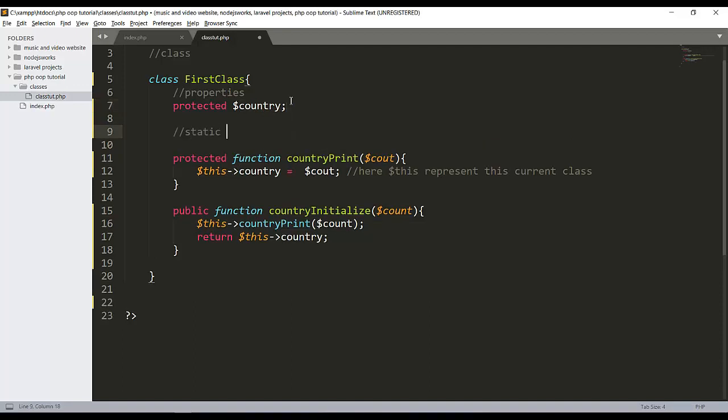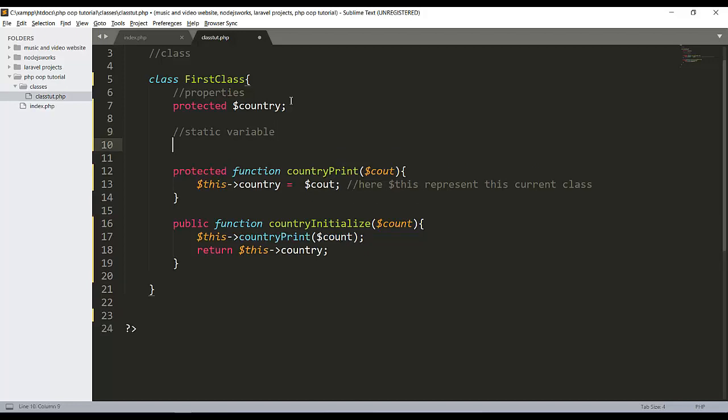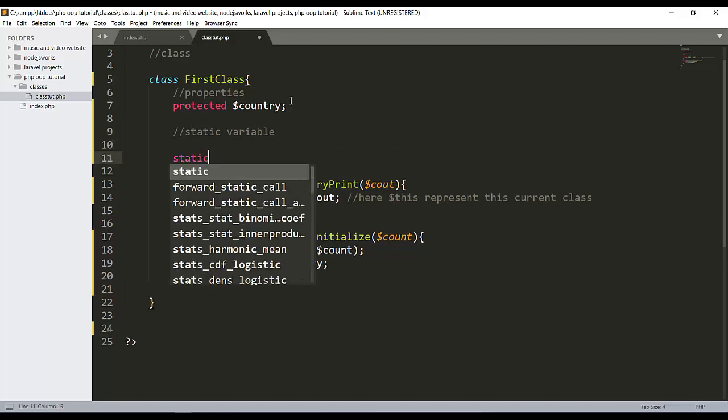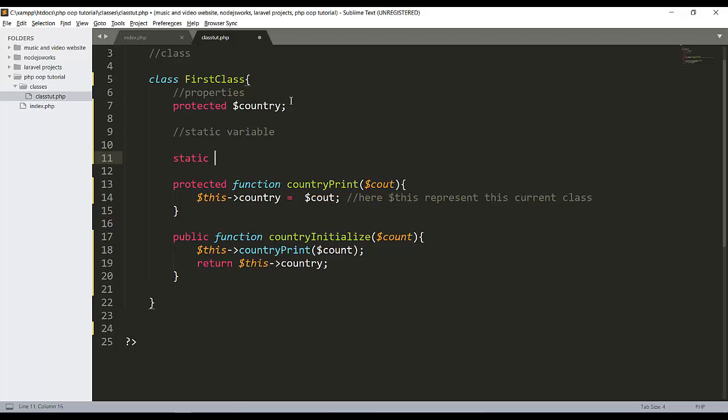So how to define a static variable? Simply write the static keyword, static protected, dollar sign, let's say age, dollar sign age is equal to 18. Okay, so let's return this.